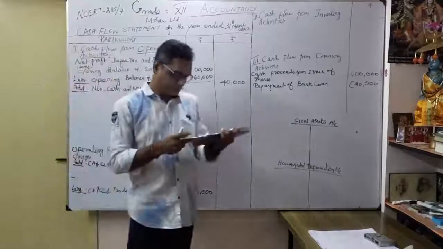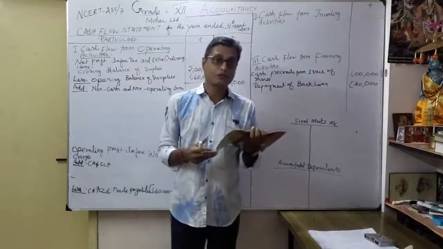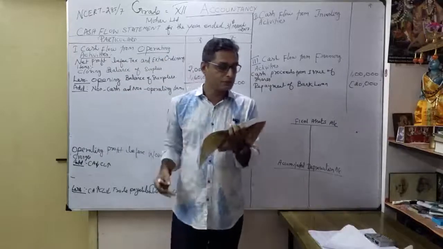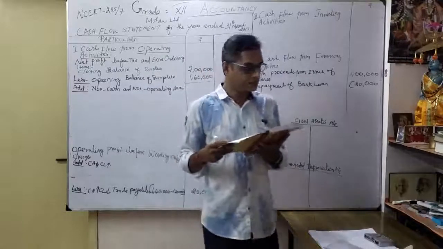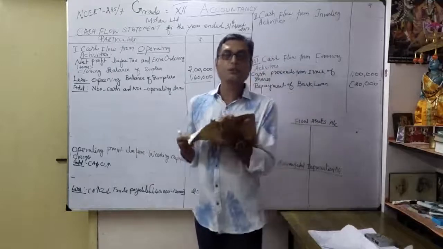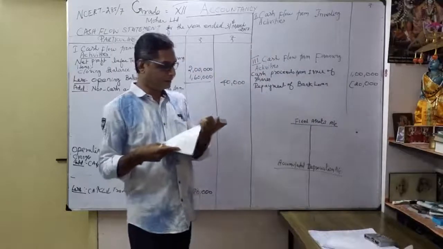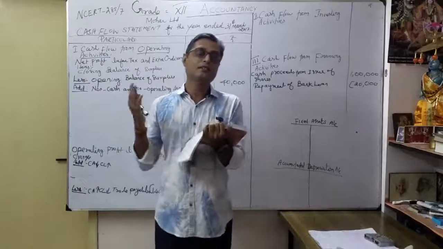Thereafter, we are going to discuss short-term provisions. That is note number 2. So they have given page number 286. See here what they have given under short-term provisions, note number 2. Proposed dividend. So 2016 how much? 60,000. Then 2017, 70,000. We already discussed this in our previous class.